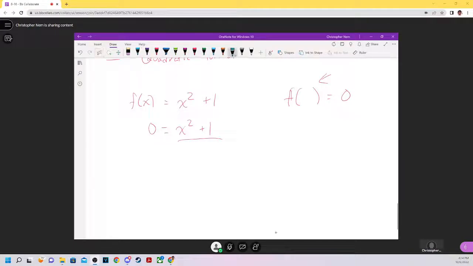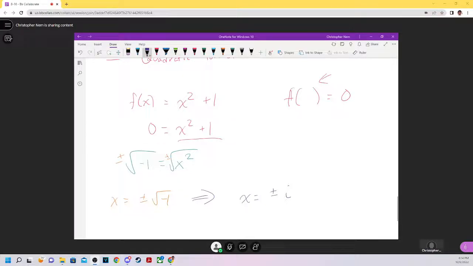So I'm going to subtract 1, giving negative 1 equals x squared, and I square root both sides. When I take the square root, I have to do a plus or minus. And then I get plus or minus the square root of negative 1. X is equal to this. Well, we have a definition for the square root of negative 1 now, if you remember. This is the exact same thing as saying x is equal to plus or minus i. So this is how we're going to be getting our roots for any sort